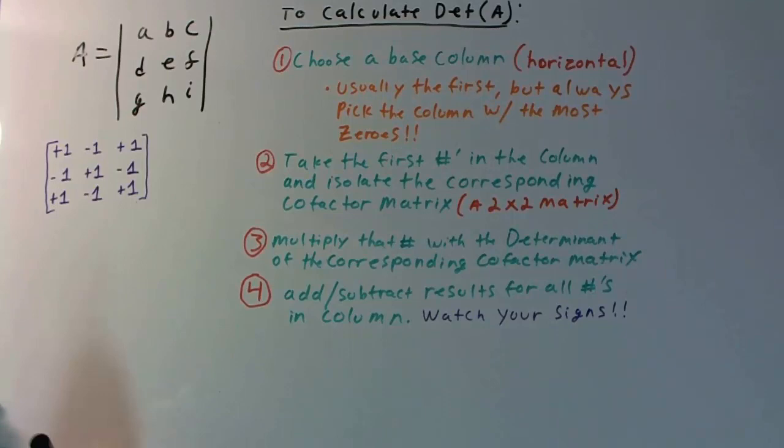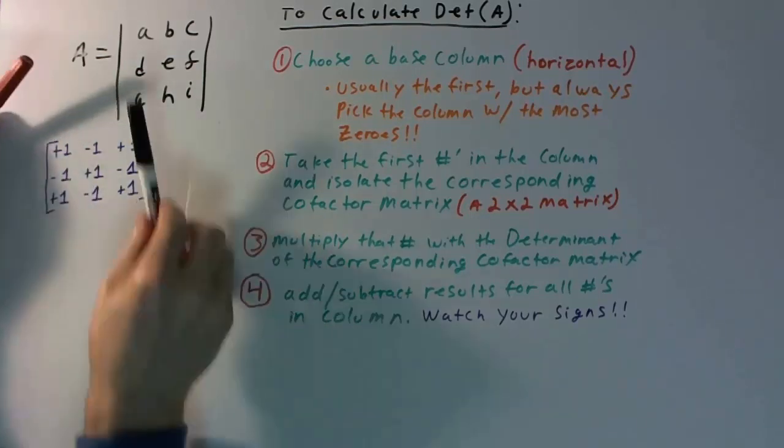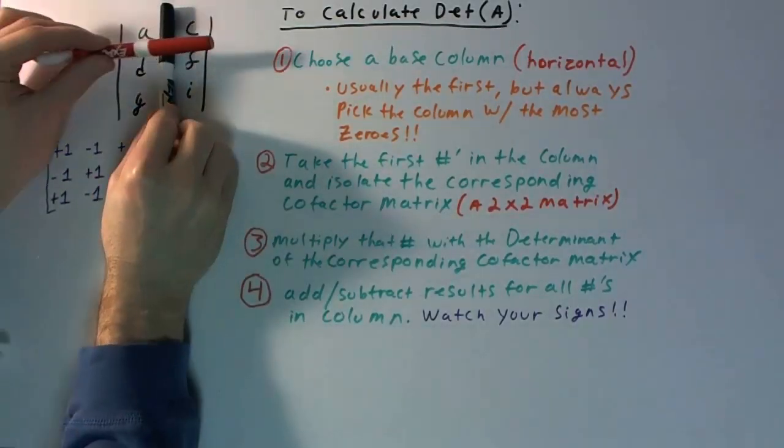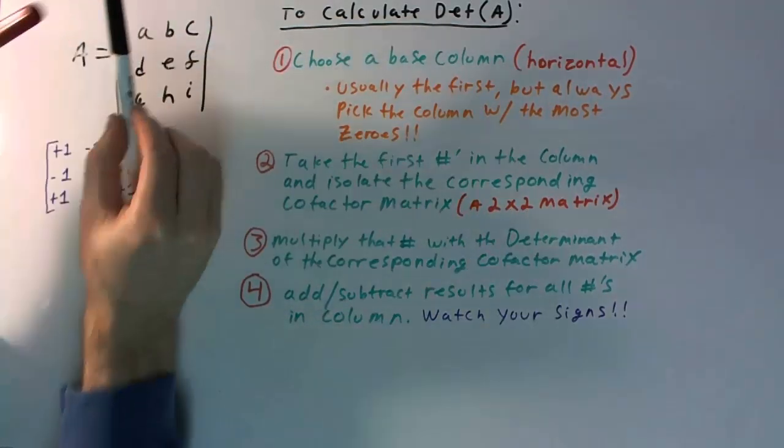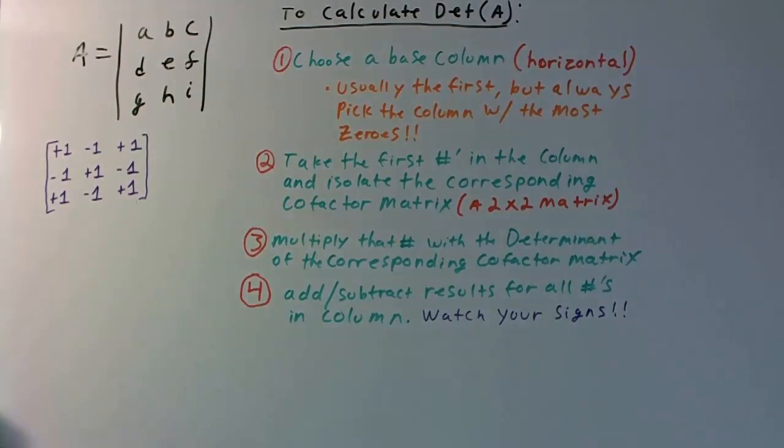So for C, and if you had a number in the second column, for example, the cofactor matrix of E, in this case, you realize that E is in the second column, second row, so you isolate the second column and you isolate the second row, right? And you get the cofactor matrix for E, which is ACGI, and then you calculate that determinant, multiply that determinant by E, and